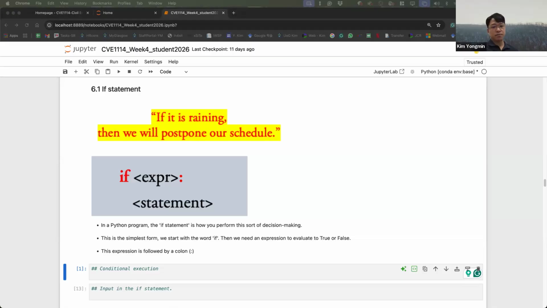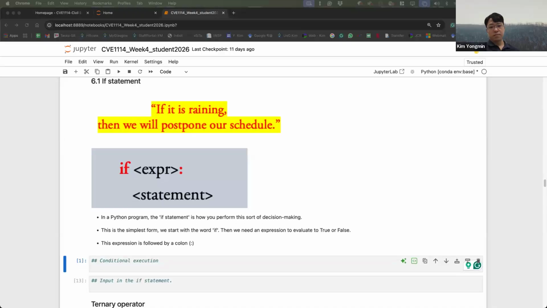For instance, if it is raining, we must reschedule our plans. This means that if the weather is good, we can proceed with our activities as planned, right? Probably outdoor activities, playing tennis, playing soccer. These approaches provide flexibility in executing our programs, just as they help organize our daily routines.